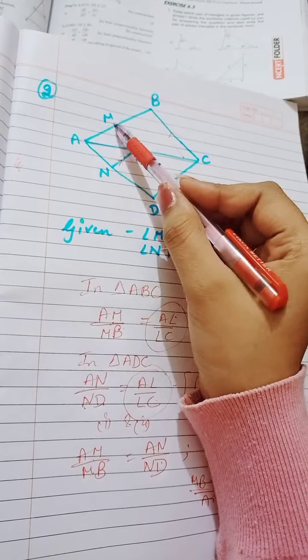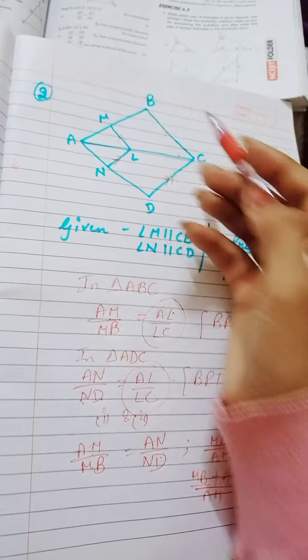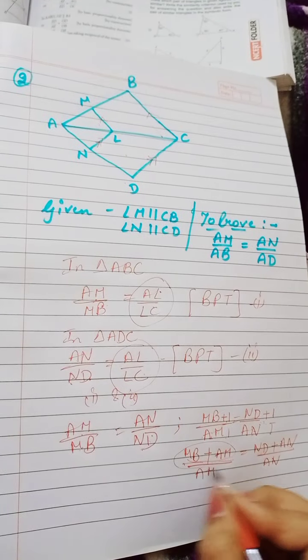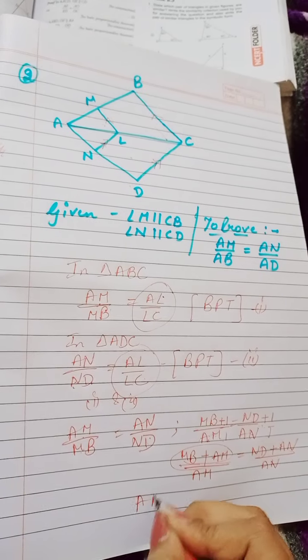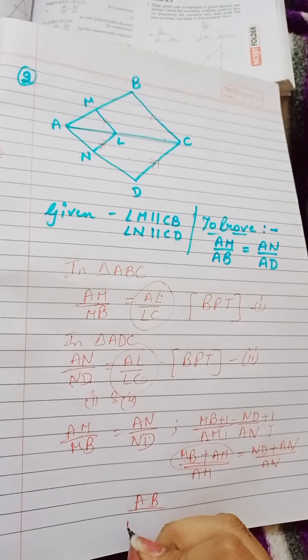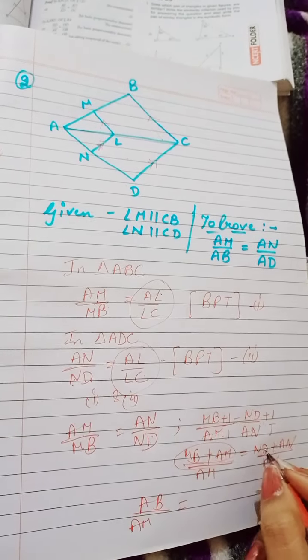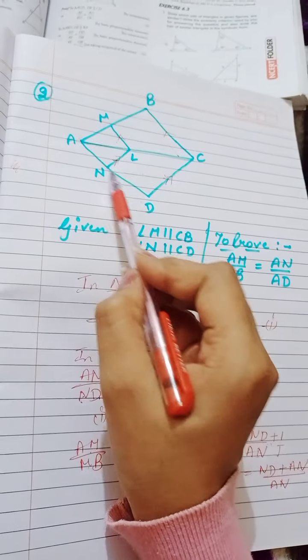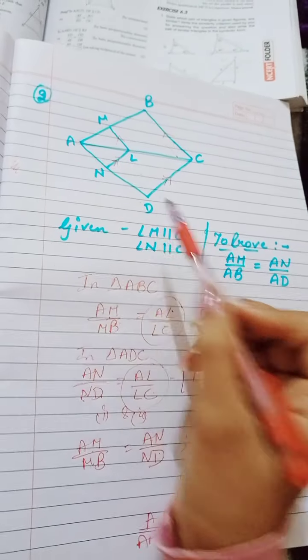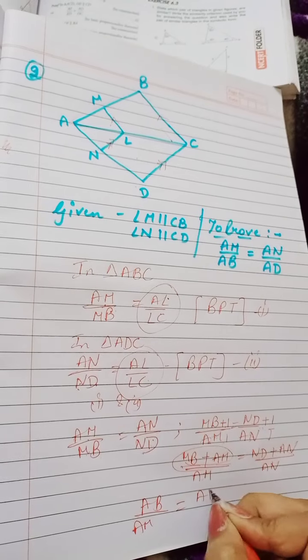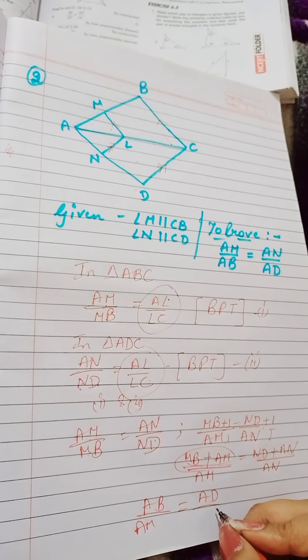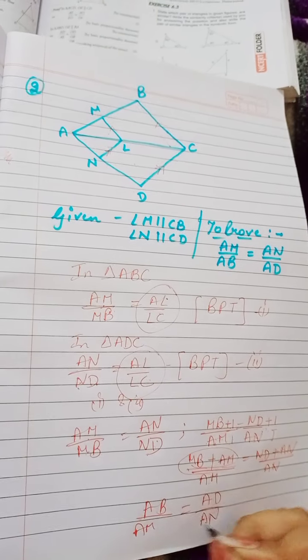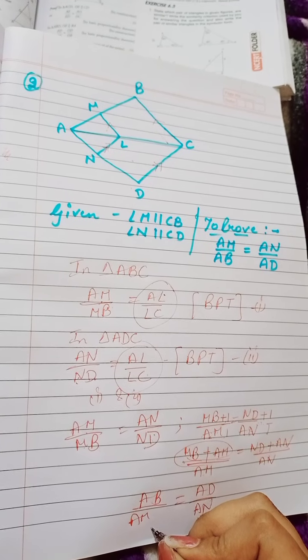MB plus AM would be AB, so for this numerator I'm going to write AB. AB upon AM is equal to ND plus AN, which would be AD. So I'm going to write AD over here. AD upon AN. So AB upon AM is